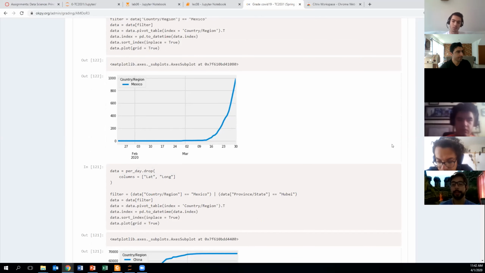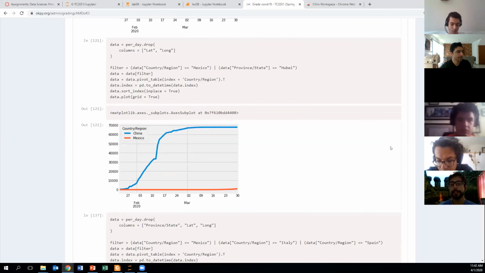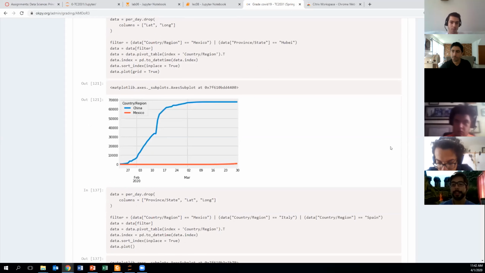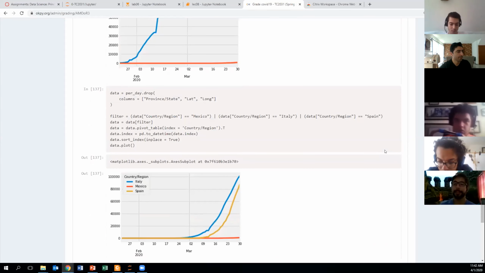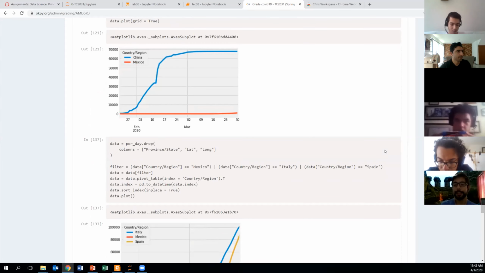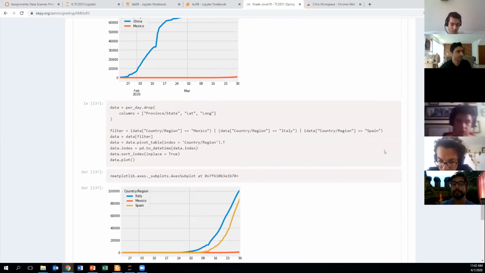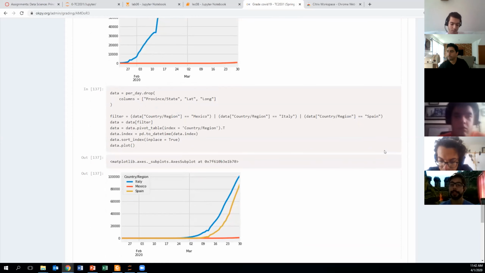peaking. But then if we compare it with the next graph, which is in China, this was only of the first state of China that got infected, which was Wuhan, I think. Well, the state is Hubei. Hubei. Okay. Yes, state. So it's really nothing like similar because, as you can see, China was like a giant peak, and Mexico is still, well, at least with the data we have, it's still in early stages, maybe, but it could get